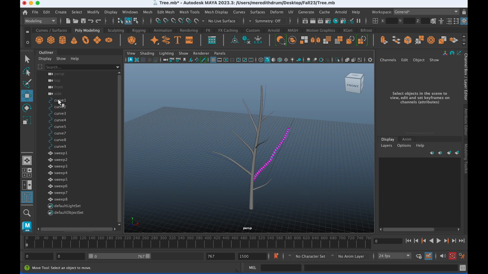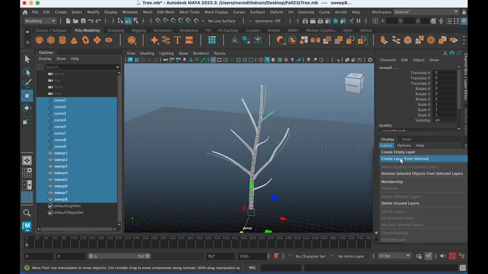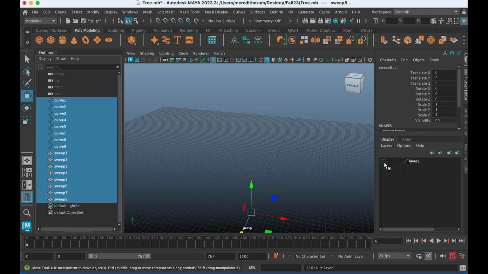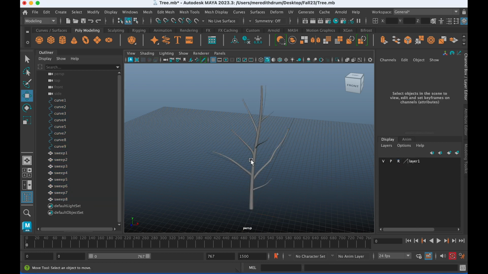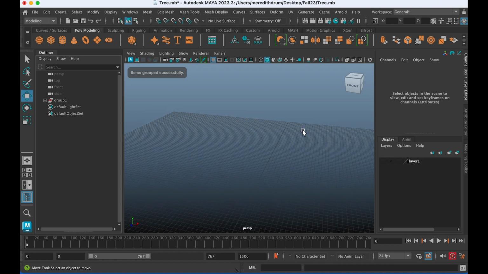So I'm just going to take all of my things that I have here so far and put them on a layer, and then just hide that layer. You can also use that if you ever want to use layers to just make something so that you can't click on it. That's helpful too. But I'm just going to hide that and put all this into a group. So anyway, so it doesn't bother me.